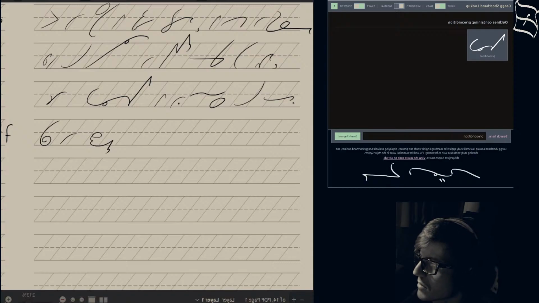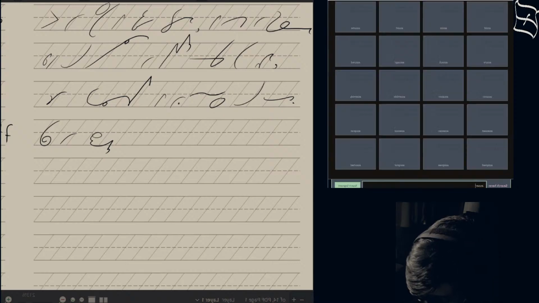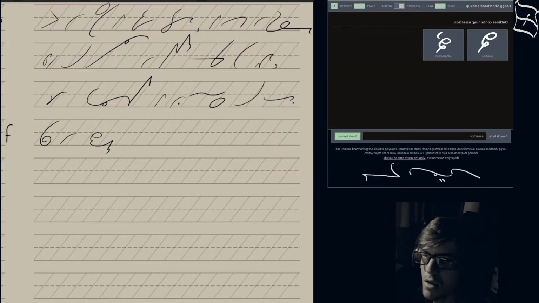Let's see if that's correct. Oh, totally not. Gregg really doesn't use a whole lot of R's. This is already the second time today where I've added an extra R, and I found out that no, that's really not necessary. This would be another example. Assertions. Make it just a little bit smaller. Like that.